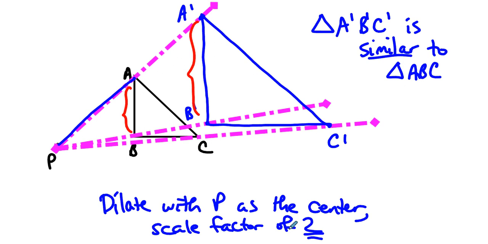So a couple of things I have to point out because they may not have been crystal clear in the reading. We always name a center for our dilation. Every dilation has a center. That's important. And every dilation has a scale factor. That is also important. And that scale factor tells us the ratio of the sides, image to pre-image. Image over pre-image gives you the scale factor. So what's important to remember here is that when you do a dilation, what you get every time is a similar